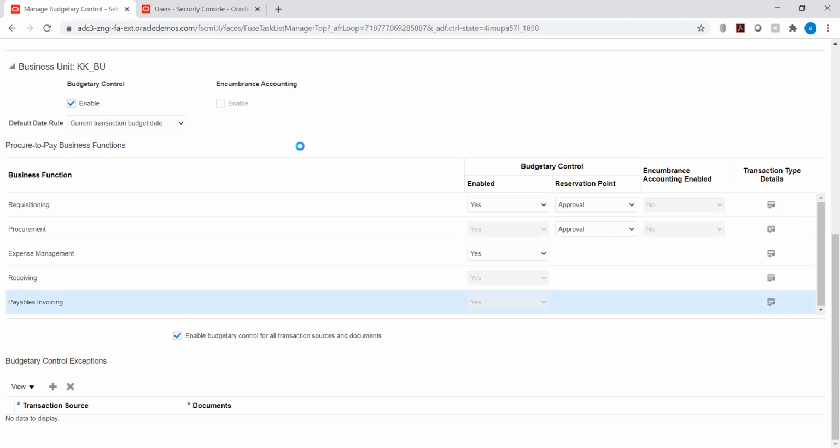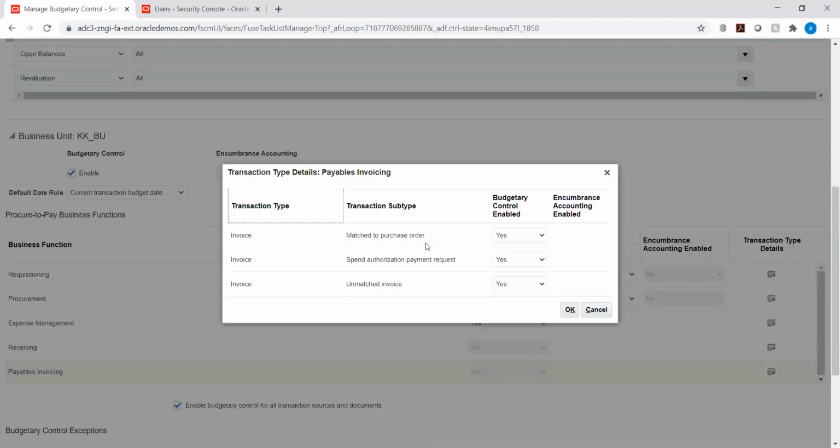So don't we have a payment part? In the sense, we have only the invoices. For the payment part, we don't have the budgetary control basically. Only for invoicing we have this. Which means I wanted to allow that particular transaction to be created in invoice. Maybe I don't want to make a payment, so I wanted to restrict at the payment level, and maybe in the next period I can make a payment. So that is not possible.